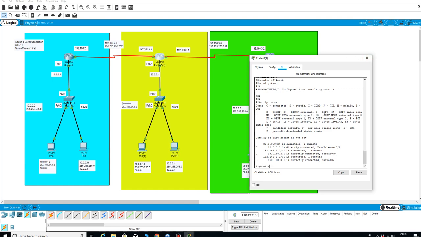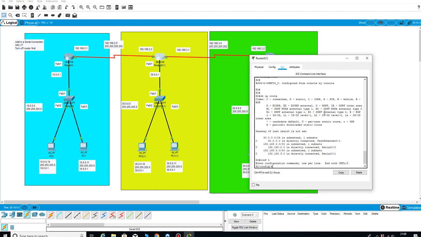So conf t, IP route, and we will be doing 10.0.0.0, 255.255.255.0, and it needs to get to that network through this IP number here. So via 192.168.2.1,